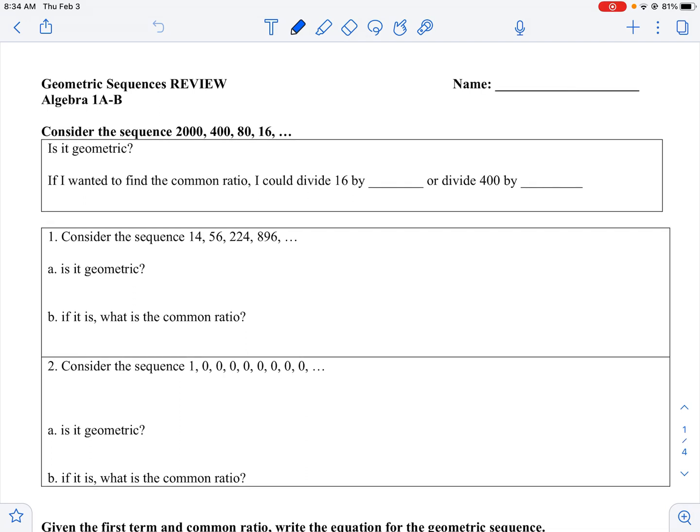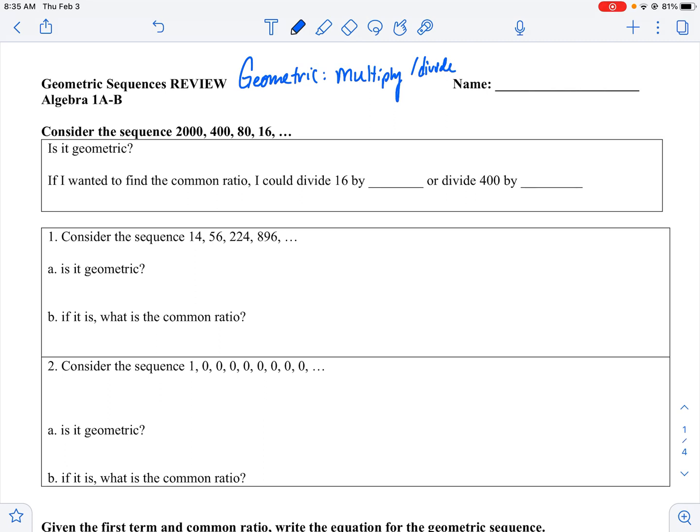So geometric sequences, remember, they're just number patterns where you multiply or divide by the same number every single time. So if I look at my first sequence,